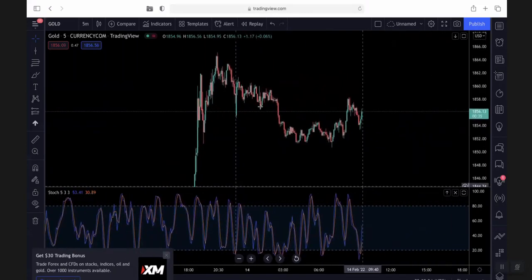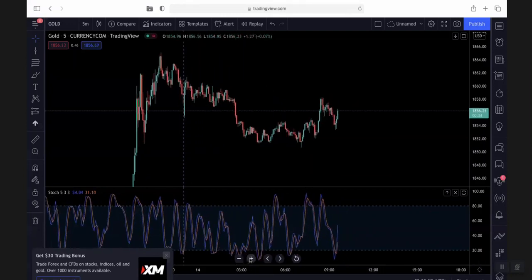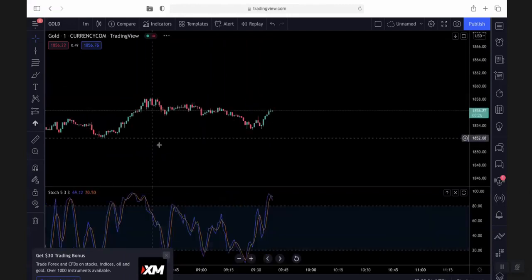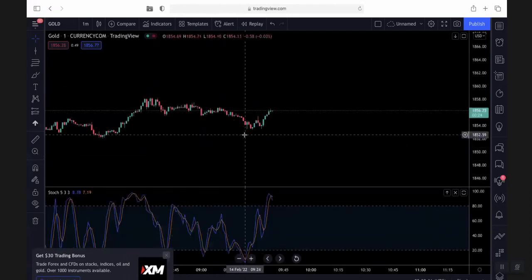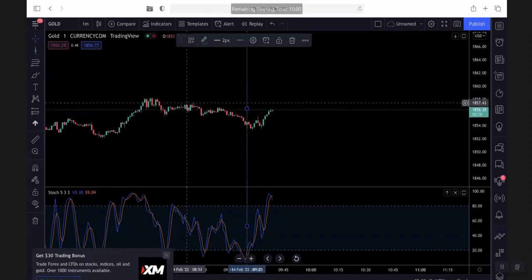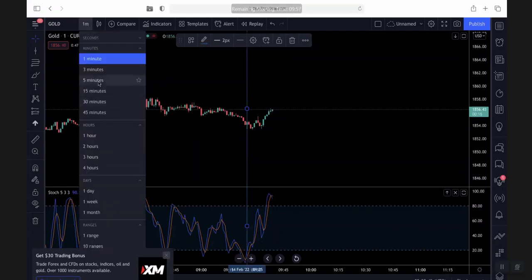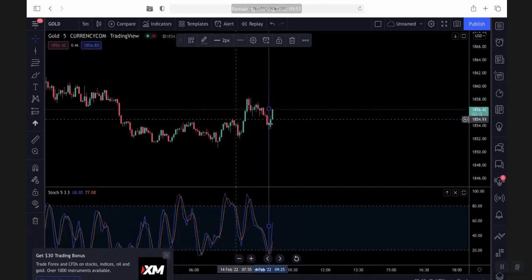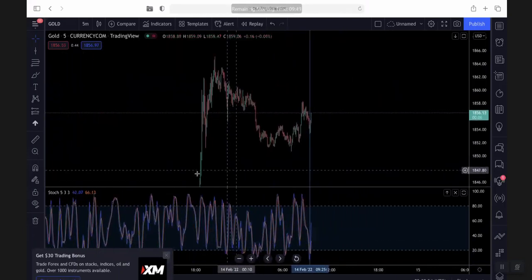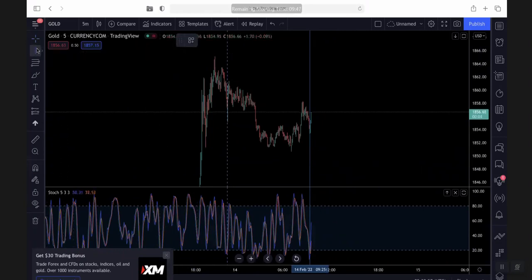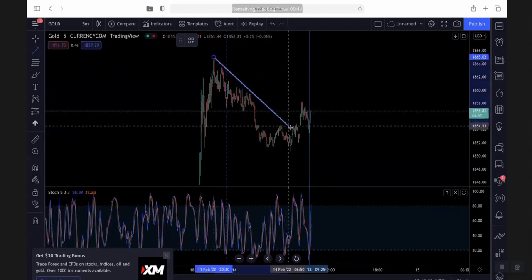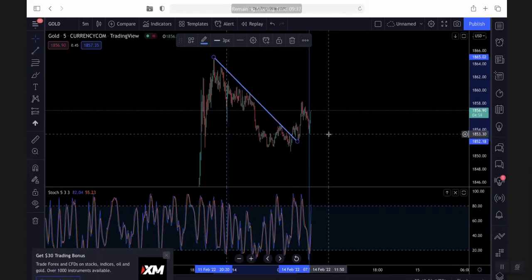Okay, so let's check this divergence on M5. Let's check also the 1 minute. So check out something, this is very beautiful, and it also makes sense. So before this thing leaves us, we are buying. It's a done deal. Why are we buying? Because there was no time even for the first layer. The market just broke and started piling up.